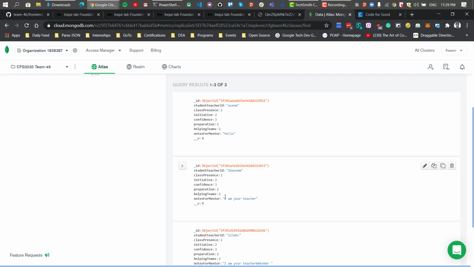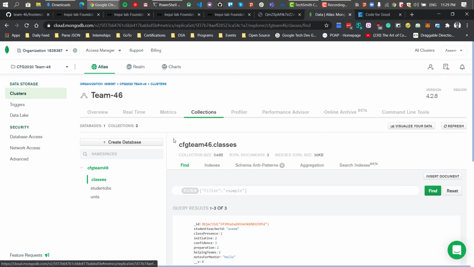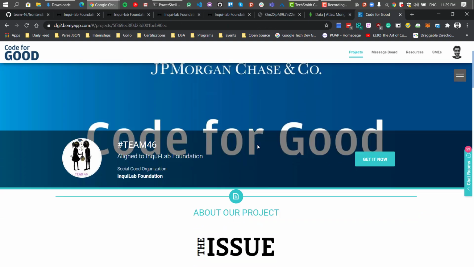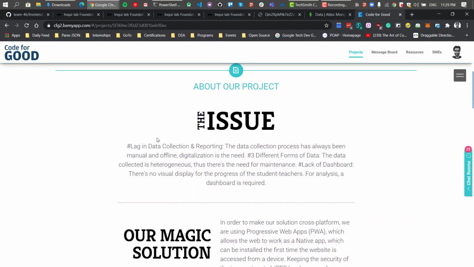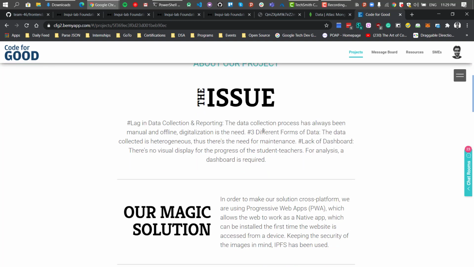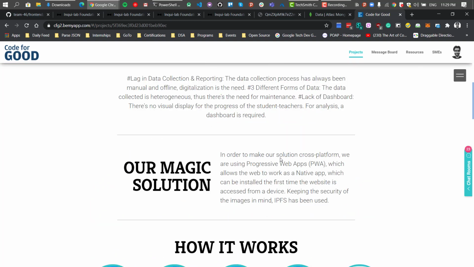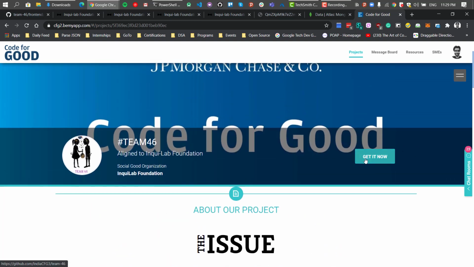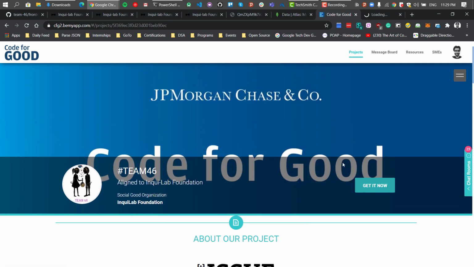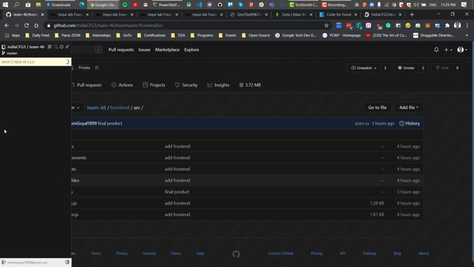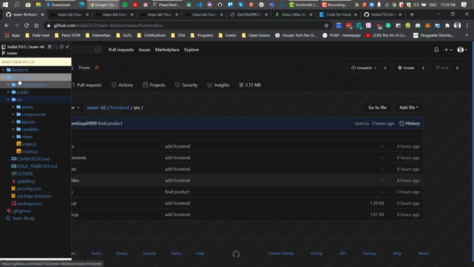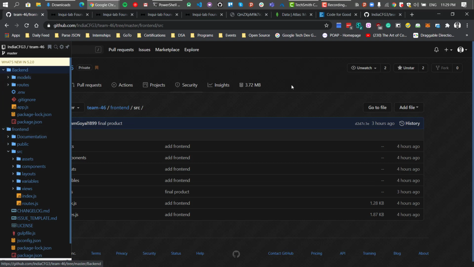There are some details that were filled in the form, and we get all of them here. So these are the class, and the same goes for the school and all of those things. Talking about some of the pages, we uploaded all of the details for your personal reference. You can see them there. If you want to see the code, you can simply go to GitHub. Click on Get Info, and you will be directed to the GitHub repository here, and you will be able to see the entire code that we have done for making the product a useful product.